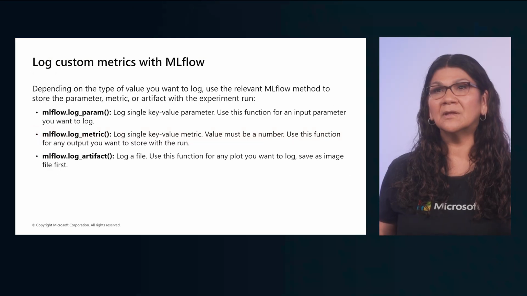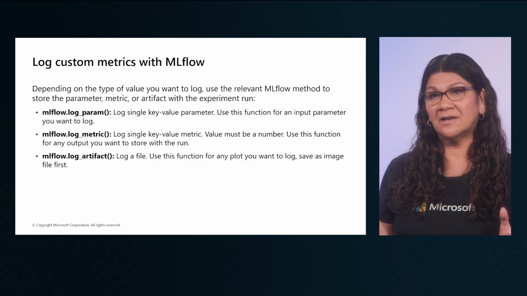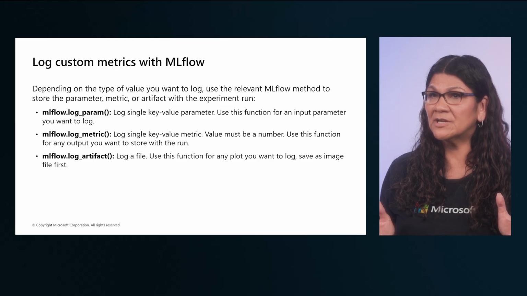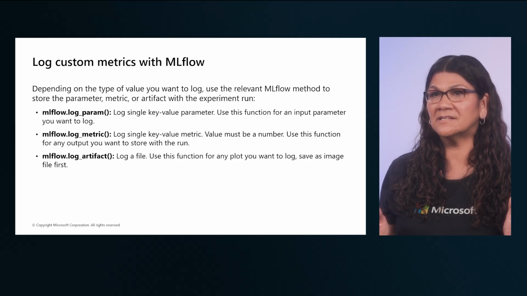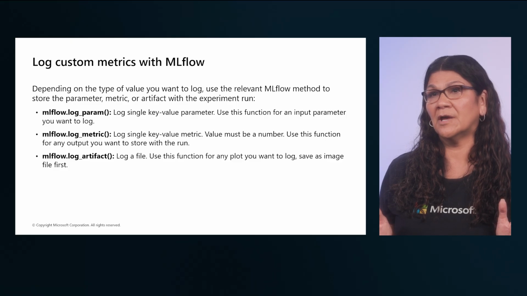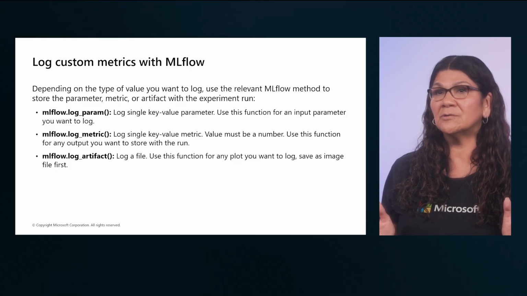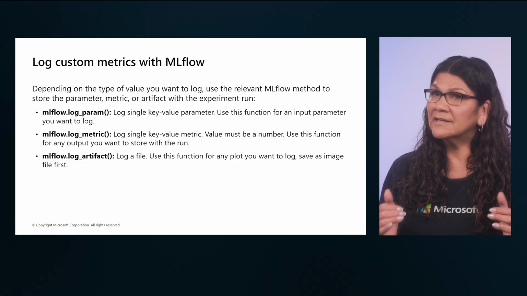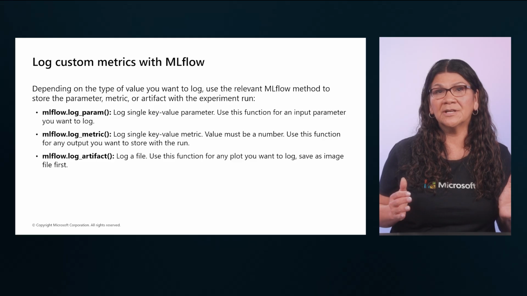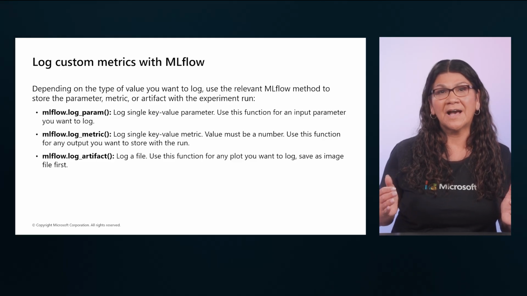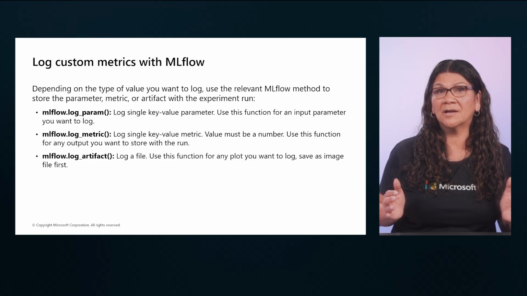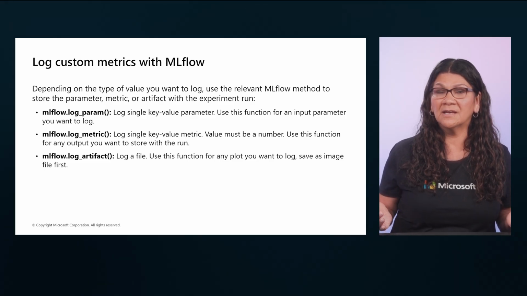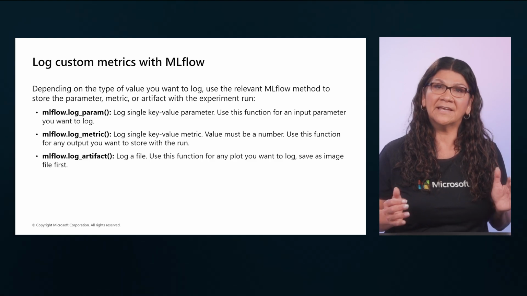When built-in autologging isn't enough, custom MLflow logging lets you capture exactly what you care about cleanly and consistently inside each experiment run. You could use mlflow.log_param to record an input setting, a single key-value pair, such as learning rate equals 0.05, or mlflow.log_metric to store an outcome you want to compare across runs, a single numeric value, like F1 score equals 0.86,